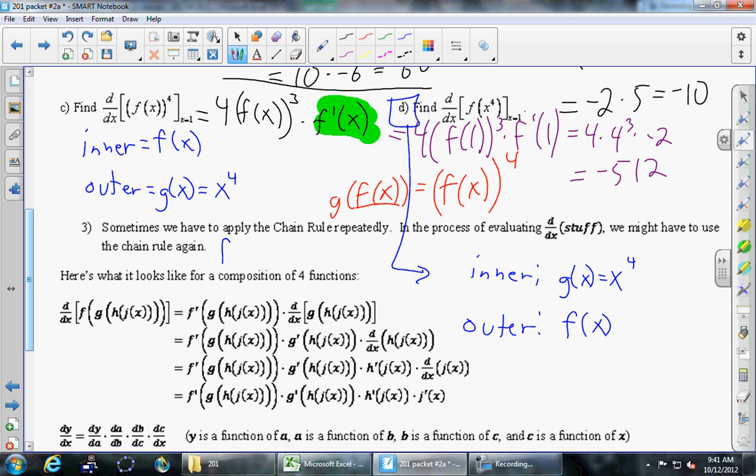So if you check what f of g of x is, f takes something. I don't know what it is. So what is g of x in this case? g of x is x to the fourth. So do you guys buy that we have built f of x to the fourth? That's what we wanted. The thing that we wanted is now built as a composition. And as soon as it's a composition, it's looking familiar to me, and I can apply my chain rule. So then my derivative is